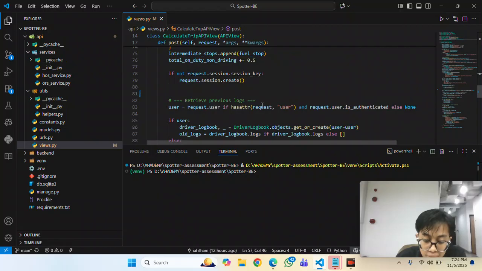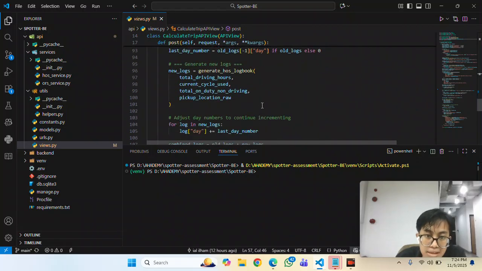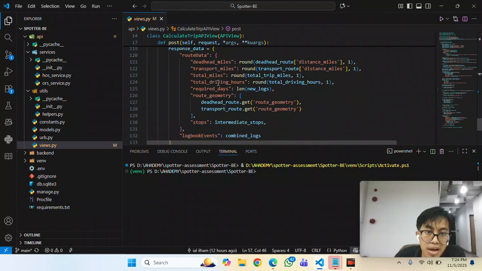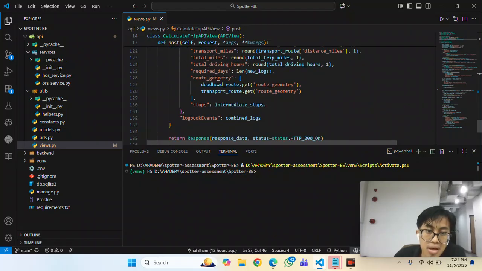And after all, the final response should look like this. The response data should have a route data object and also an array of logbook event objects.